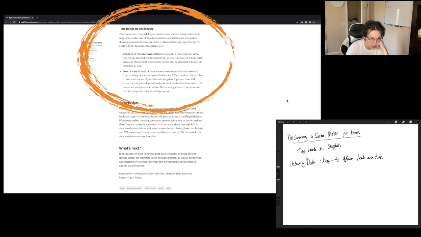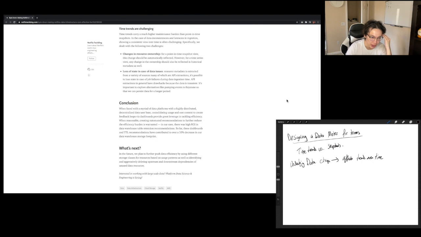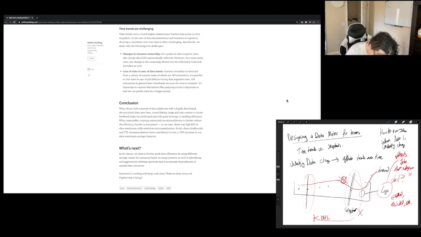To do all this, they need to figure out whether they want to do it as a time trend or as a snapshot. As I understand it, a time trend is just run on all the data at runtime, whereas a snapshot takes a copy of that data at a point in time and then saves it, like a git commit. The article says there are two primary considerations that make time trends much more difficult to deal with than